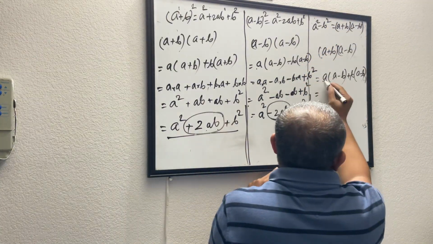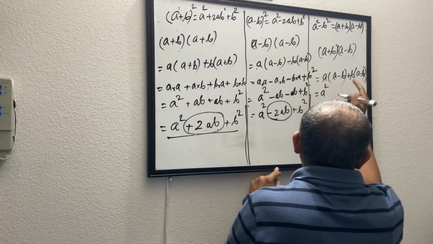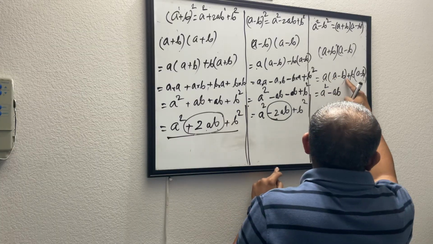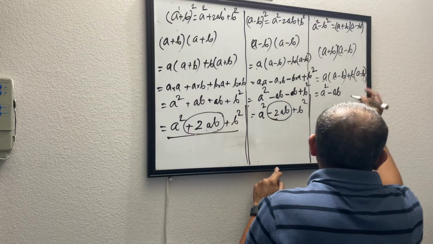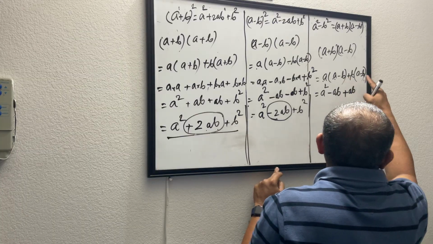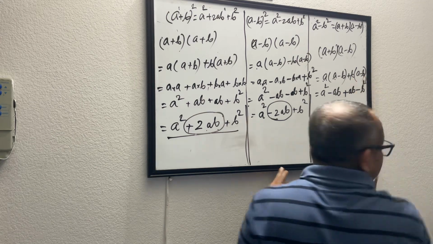a into a, this time we'll go a little fast. a times a is nothing but a square. And then I have plus and a minus, that becomes minus. a into b is ab. And here I have plus, so plus b into a. ba or ab, same thing. Plus b and minus b becomes a minus. b into b is b square.